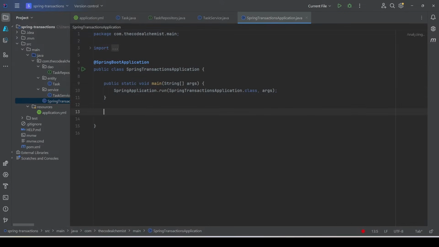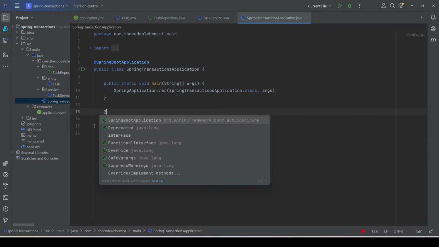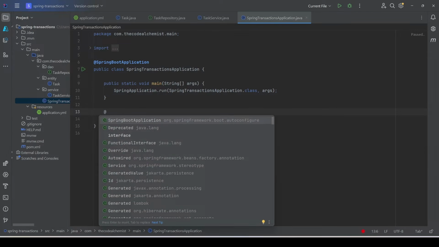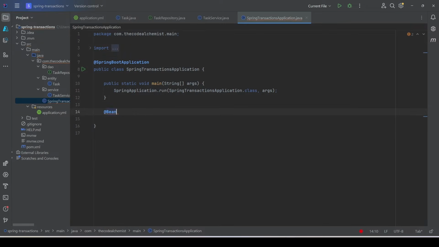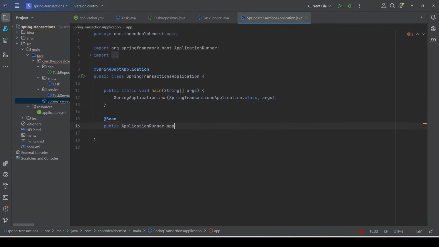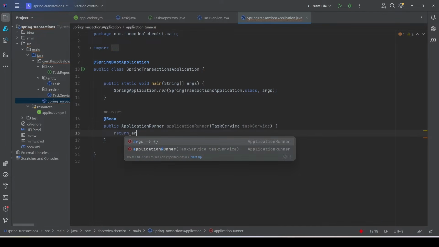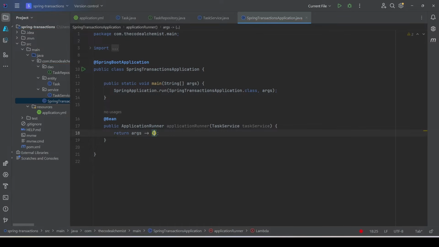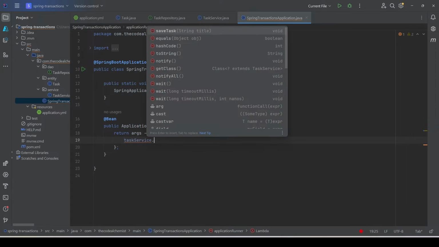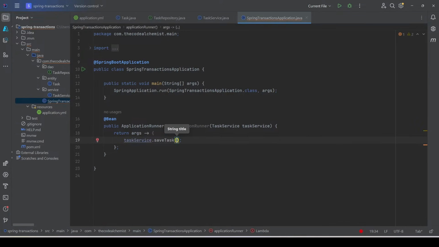So we have the required service, and to run the application, we'll go to the main class here. And because this is going to be a command line application, we'll use the ApplicationRunner. We don't have any endpoint exposed that we can call. So we'll define an ApplicationRunner bean. We already know how to do that. And here we will inject the TaskService. And when we have the instance of TaskService, we want to call the saveTask method by passing the title